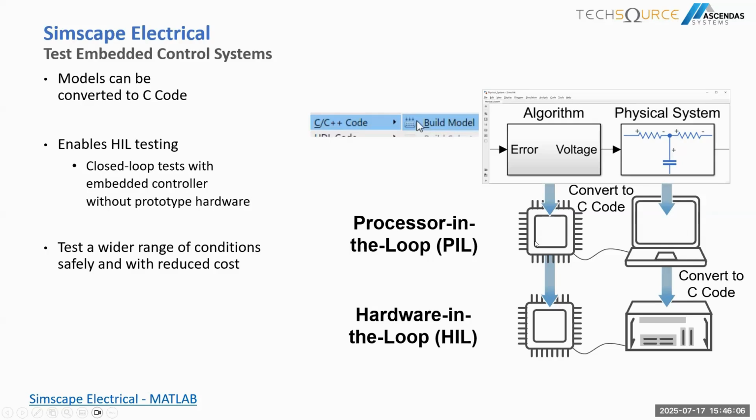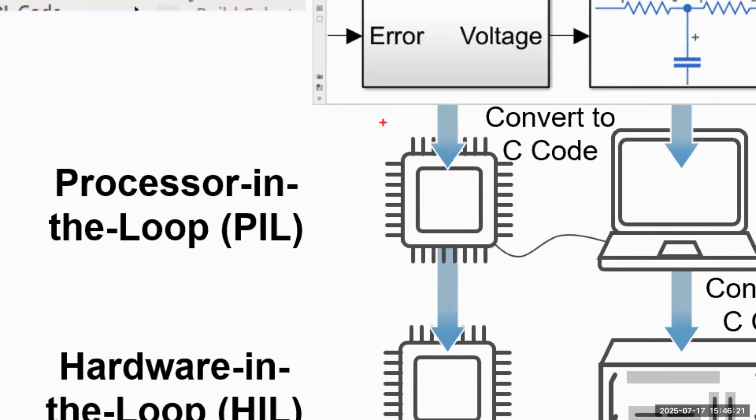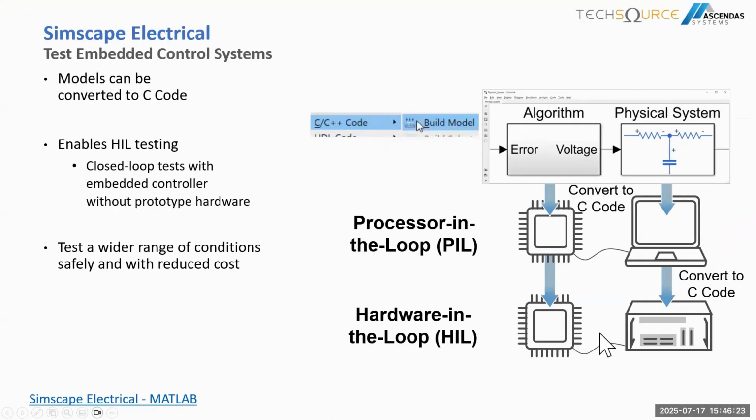And then you are able to deploy your control algorithms in a processor, in this case a processor in the loop, which is PIL, and virtually do the testing. Later on, once you have some confidence in your control algorithms, you can eventually transfer to hardware in the loop testing, where your plant code or your physical system can be converted into a real-time system. And then you are interfacing with your control systems through hardware in the loop, where you already have the controller systems that you have.